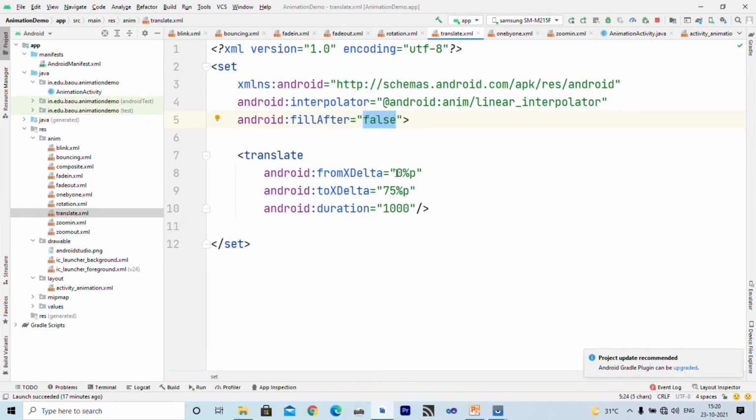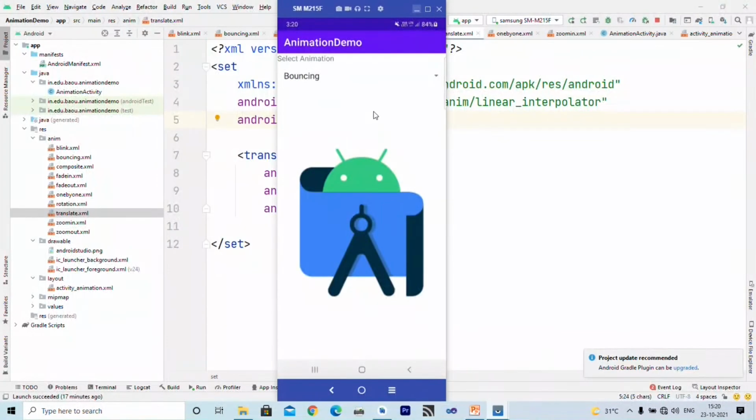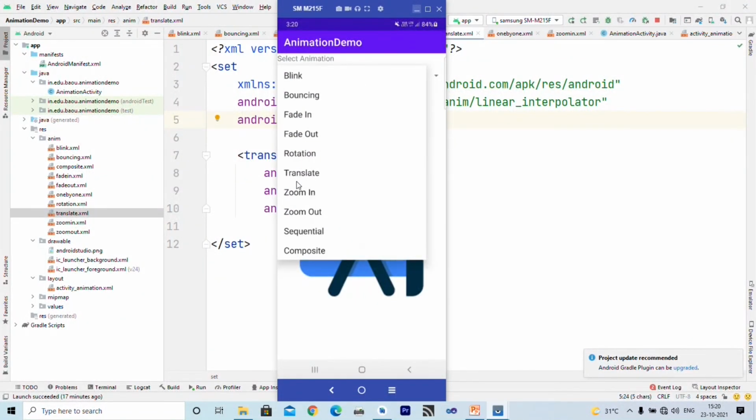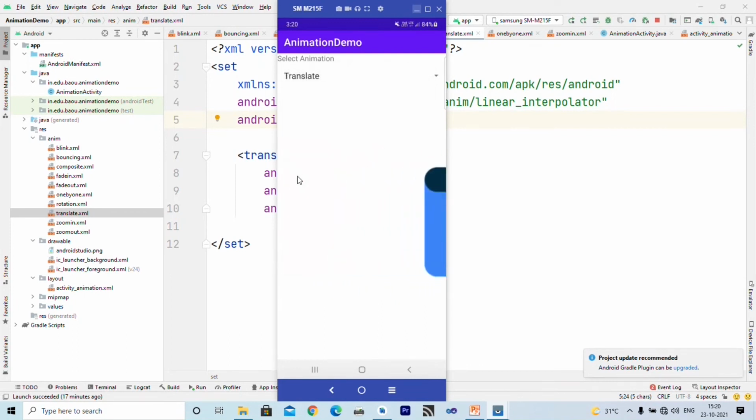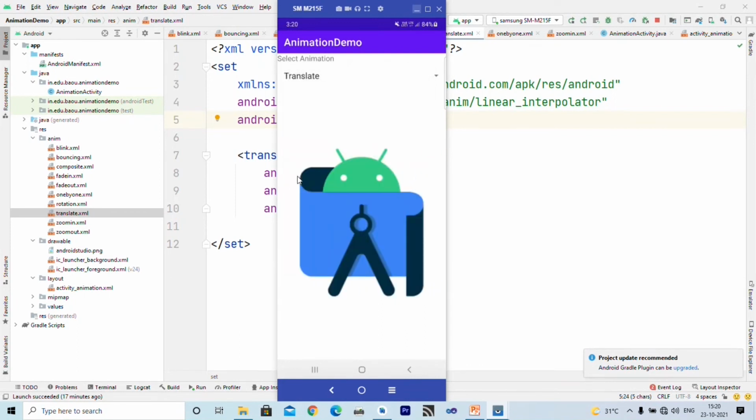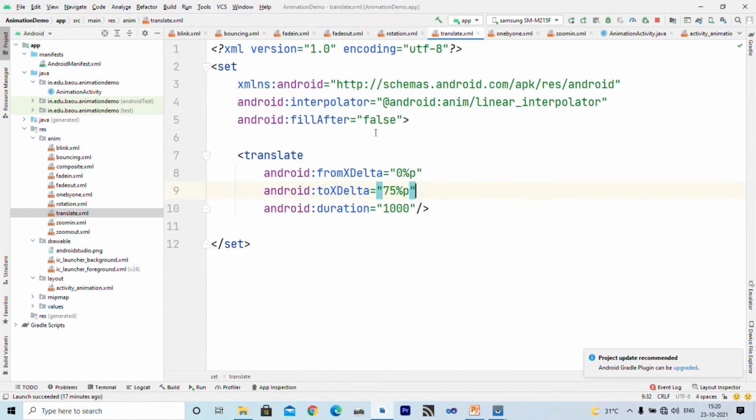It means after translation it again comes back to its original position. Now let us try to see that. If I give translate, it translates and then again comes back to its original position because of this false. If it is true, then the image remains there.